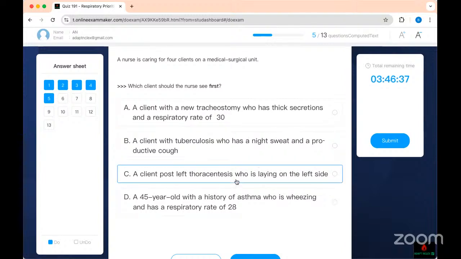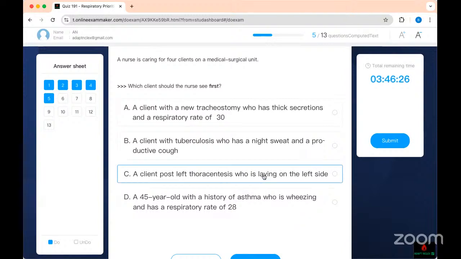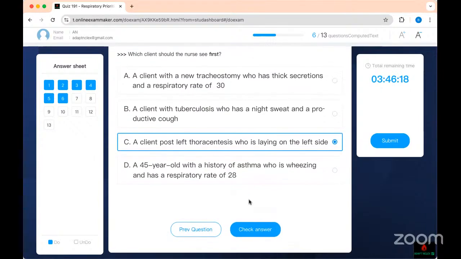Left thoracentesis, you damage the lung, okay? You damage the lung on the left side. They should not lay on the left side. They should lay on the right side. An asthma patient should be wheezing. Therefore, this is the right answer. If I damage your lung, I should let it recover, so I should put the patient on the other side. These are our trap questions, but